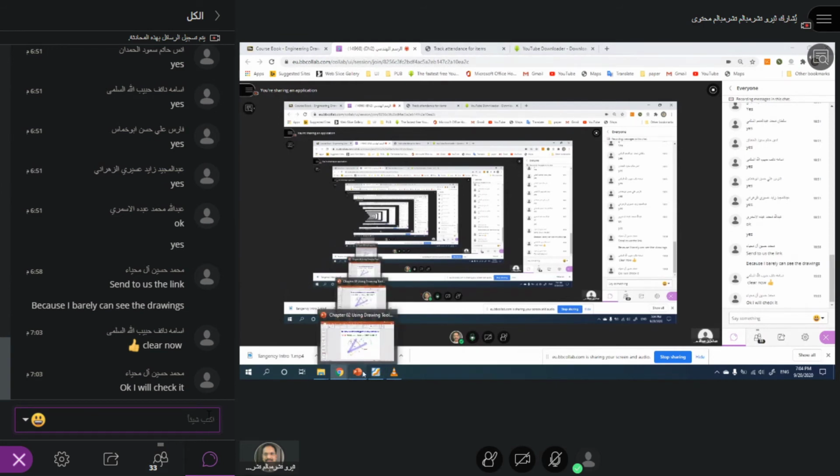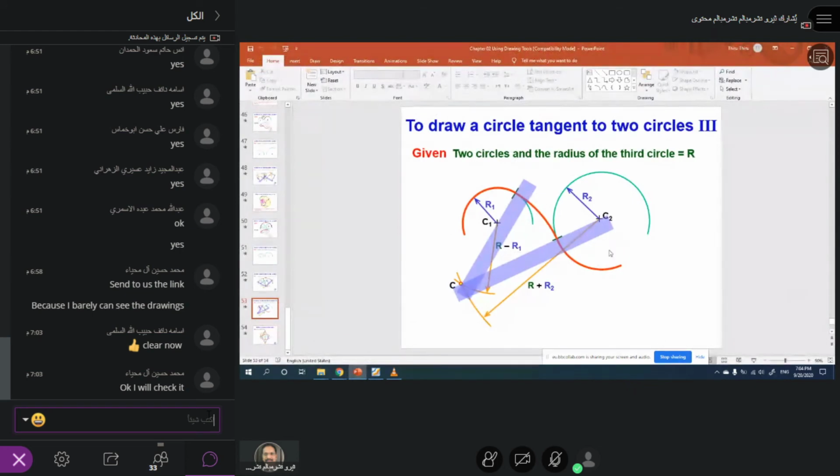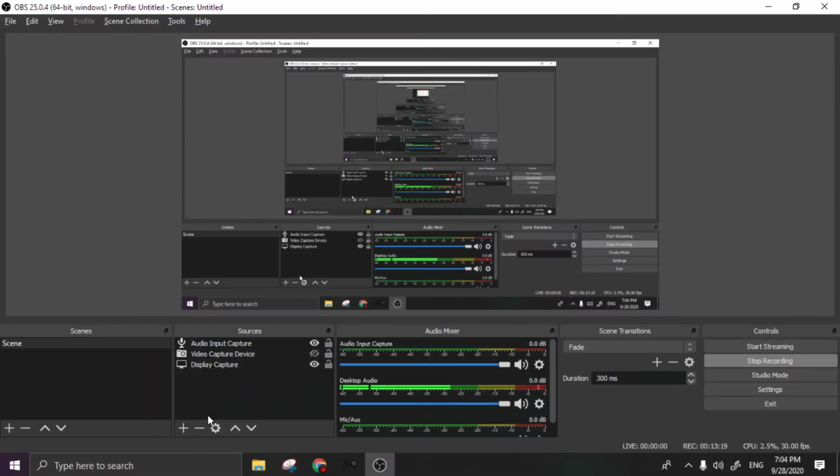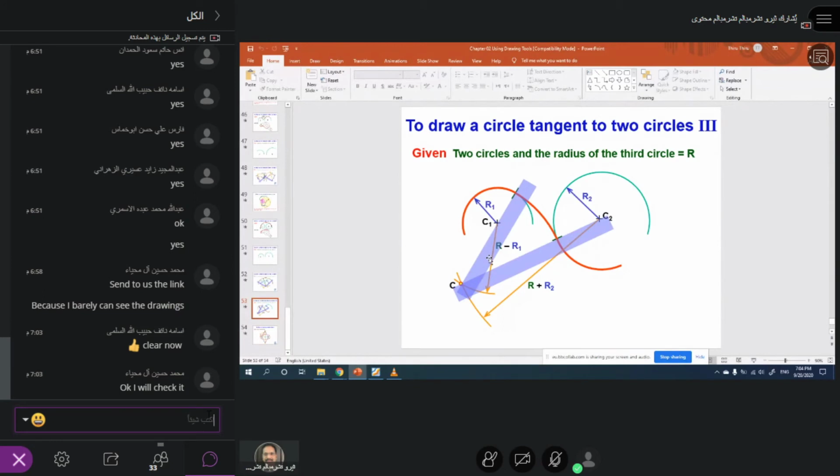Before we finish, let's see the last slide as well. The point here is, he was mentioning very clearly, that you have to find out whether this radius is within the circle or away from the circle. If it's away from the circle, you have to add it. Within the circle, you have to subtract it. That's the only difference. By the way, I will give you the link also, so that you can check the YouTube as well.